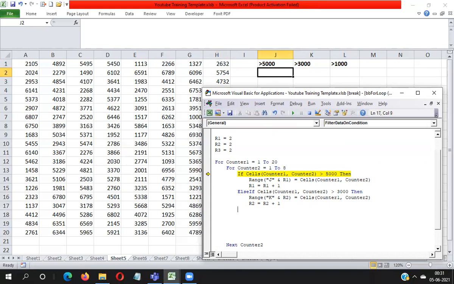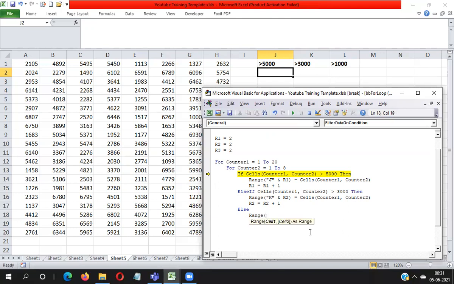So in the else part I need to take the rest of the condition, which is less than 3000. Here I'm writing range.